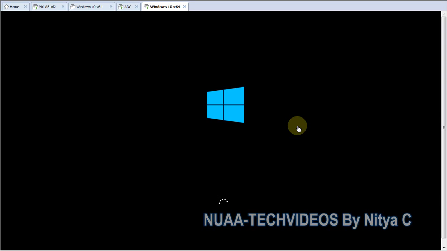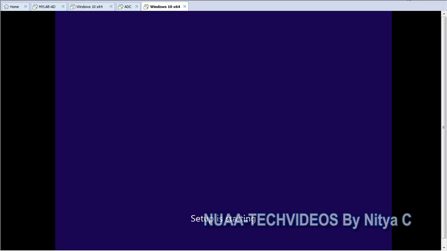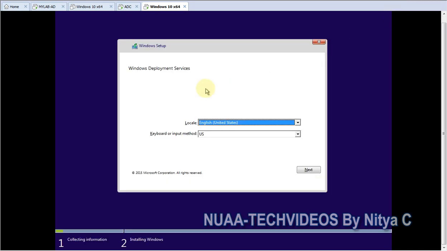And you can also create the unattended file. If you want, you can go through one of my videos which I created for XML. Everything that is being asked will already be configured in the unattended file, which is an XML file. So I am leaving it as default. And next.